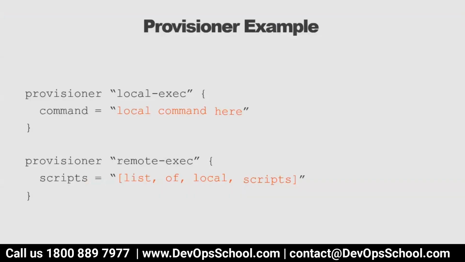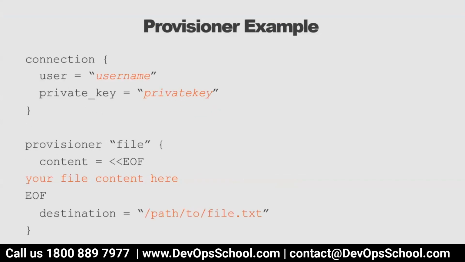Now look at the code. Okay, so here how do we use local exec? You see here, provisioner local-exec, command, local command here. And how do you use the remote exec code? So provisioner remote-exec, script, whatever the list of commands or script you want to use, you can do that. Okay. Now the file provisioner, how can you use it? Look at the one below, provisioner file, and whatever you want to copy, it's content actually, it's not a file. It can be a file also. So content, and then put it in the destination, the remote machine's path to the file. Okay.